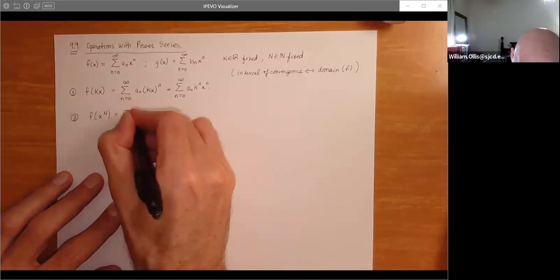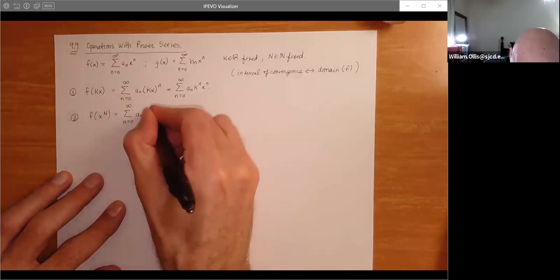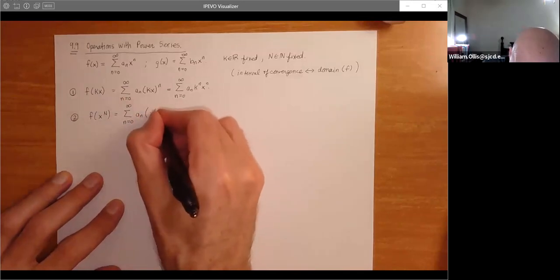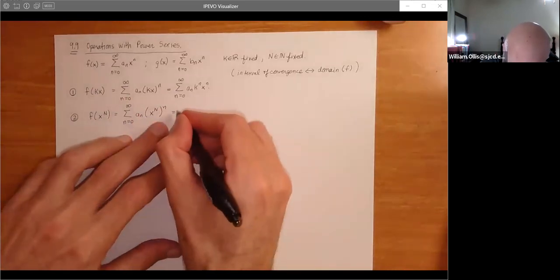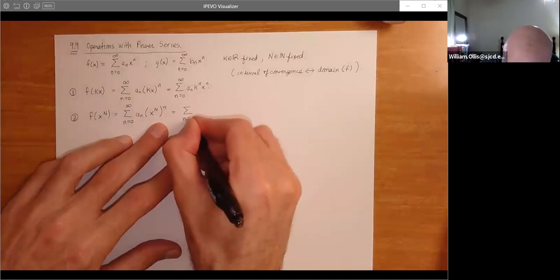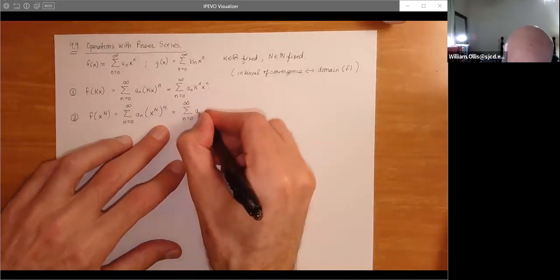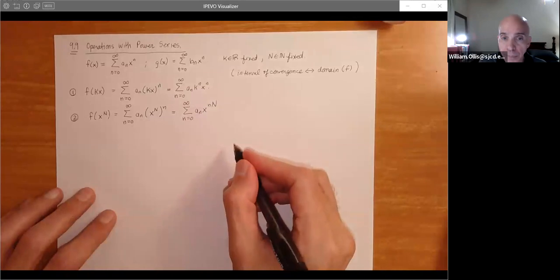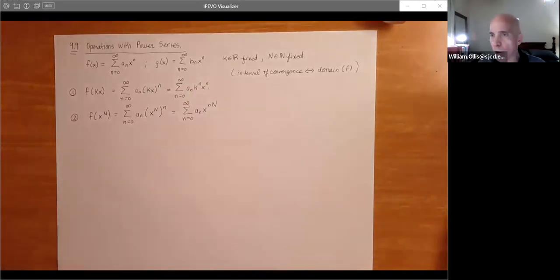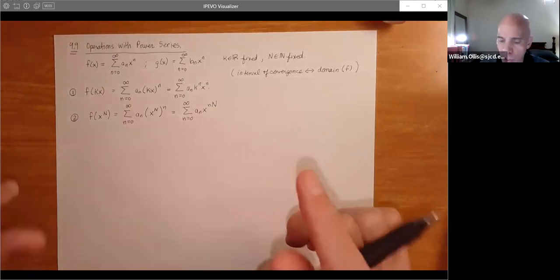So we have n equals 0. We'll have a sub n. And now we'll just replace x with x to the n. And now, of course, when we use the laws of exponents, we just multiply the powers. So we get a sub n, x to the n times n, like that. This is not something you don't already know. I'm not saying this is earth shattering. You already know this. We've actually been doing this, but it's comforting to write these things down,